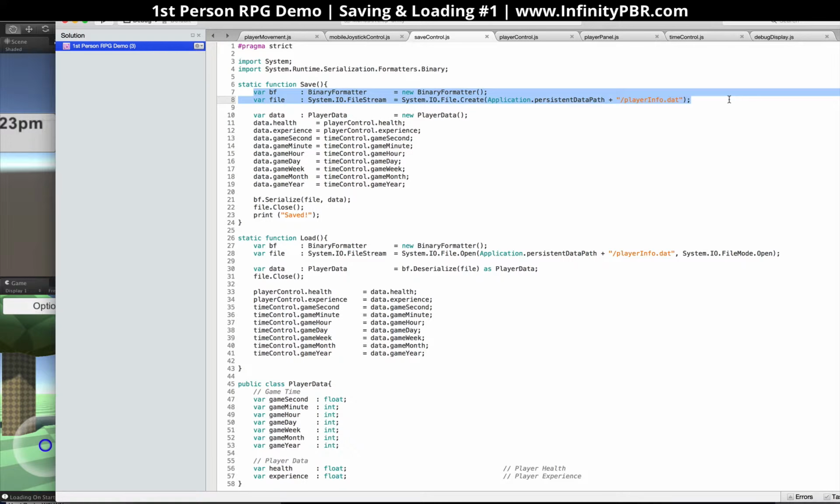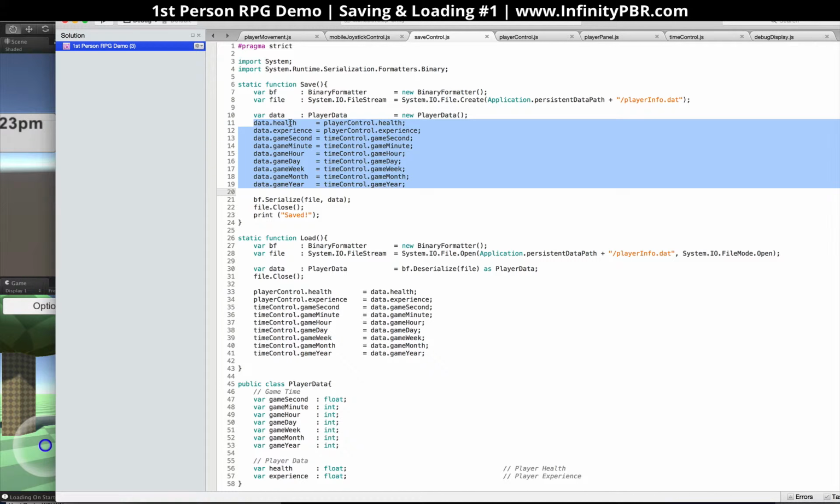Again, this stuff I don't completely understand, but it basically creates a file in the application persistent data path, which works on all devices except for the web player, called playerinfo.dat, and it saves all this data in the binary format. And then we create a new instance of player data, and we populate that with the health and experience,